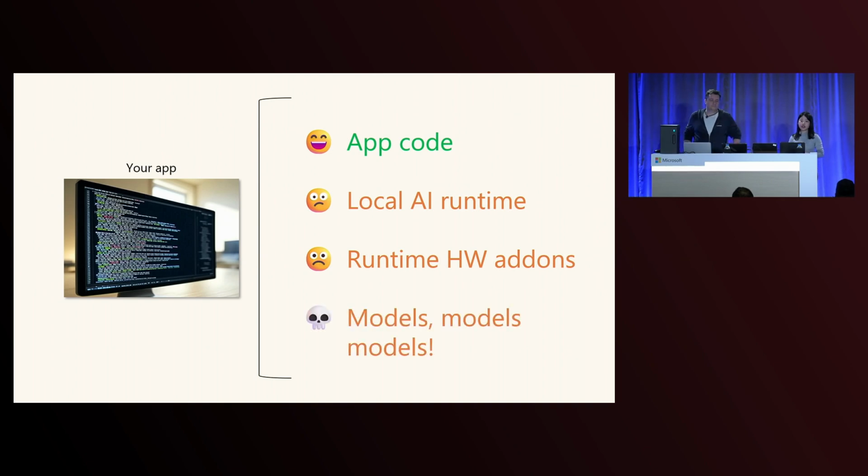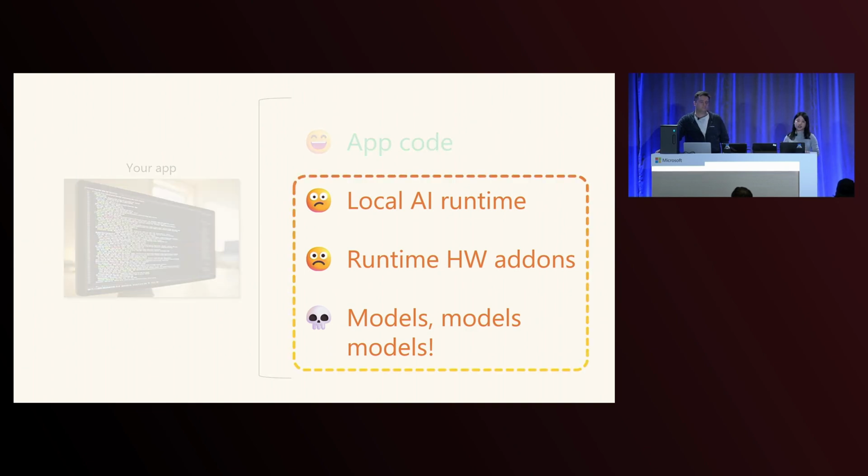And of course, you need to include the models themselves. It is quite normal to have multiple copies of the same model, where each copy is tuned to work specifically well on a specific type of processor from a hardware manufacturer. What this means is that you either have to deploy multiple copies of the same model to your customer's machine, which eats up valuable disk space, or you have to write complex logic in your installer, trying to figure out which model would work on the current PC that the app is being installed to.